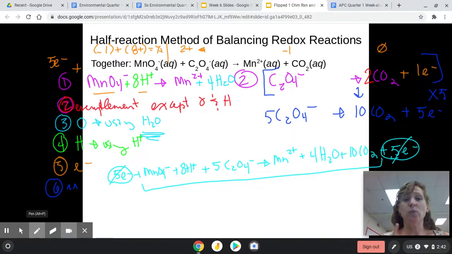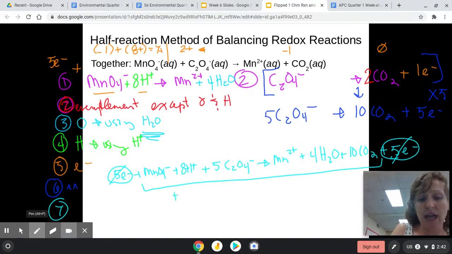Now I want to show you one more thing on this. So this is going to be my equation as it happens in acidic solution. If it happened in basic solution, I would need one more step. My 7th step would be to switch it from acidic to basic. And the way you do that is you add hydroxides. So I want to get rid of my H pluses because H pluses indicate an acidic solution. So I would add 8 hydroxides